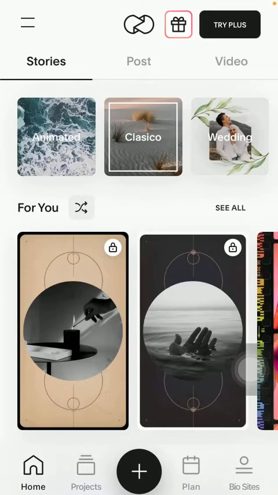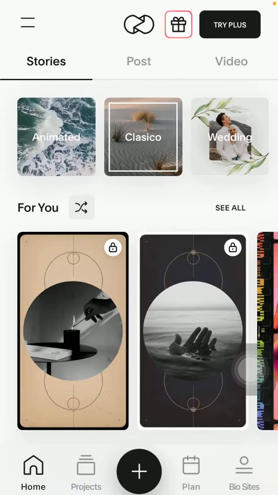Hello guys, in this video I am going to show you how to add stickers to your photos and videos